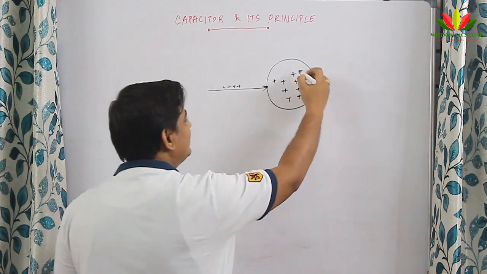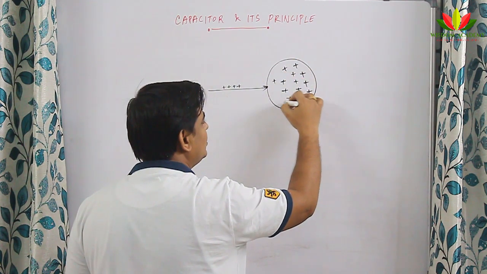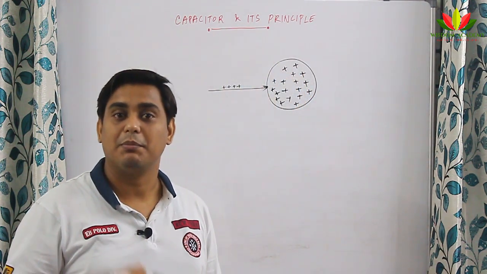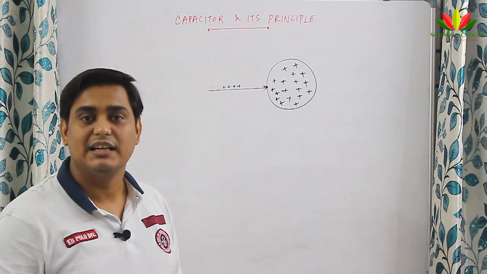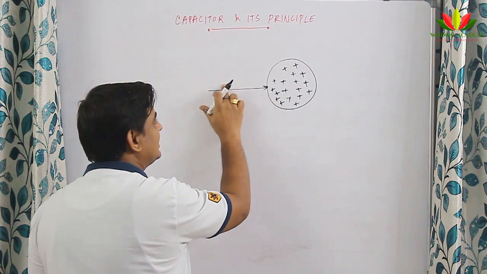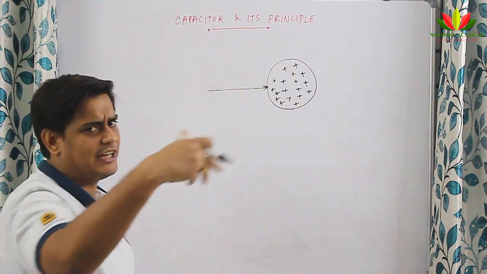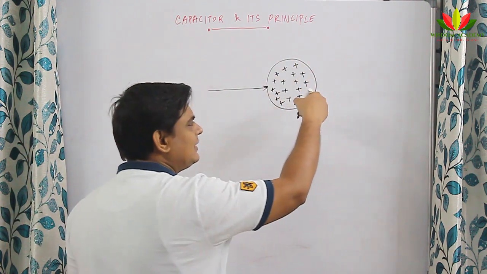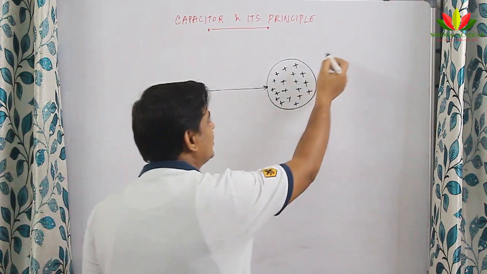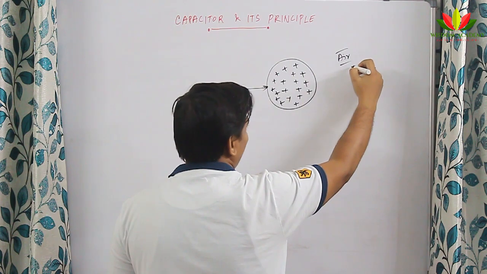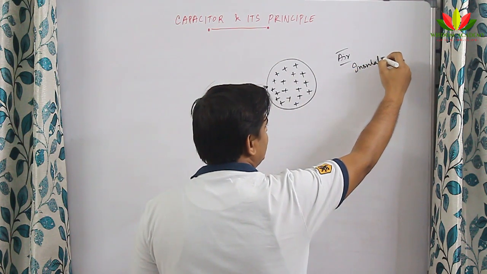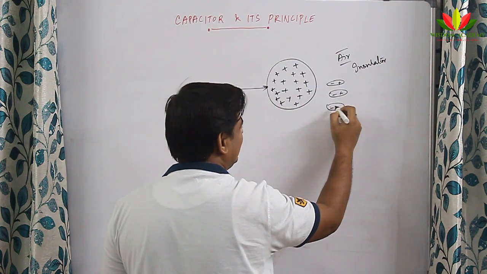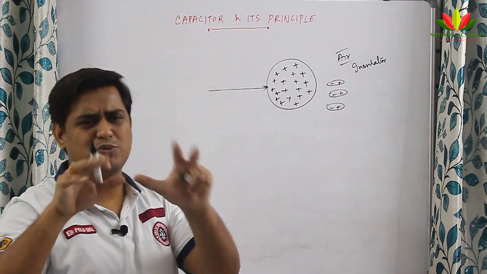So, as I keep on doing this, the energy I bring inside the conductor keeps on increasing, because I am doing more and more work to supply the charge inside, and that is the work the capacitor is doing. This capacitor starts getting charged. I told you the charge is increasing, the potential is also increasing. Will it affect the nearby? Initially it will not, because everything is neutral. Suppose I am assuming it to be air. Air is a bad conductor, it is an insulator, and it is neutral in nature. So, definitely it will have minus and plus, minus and plus. So, this definitely will not affect it. So, it keeps on filling, keeps on filling.